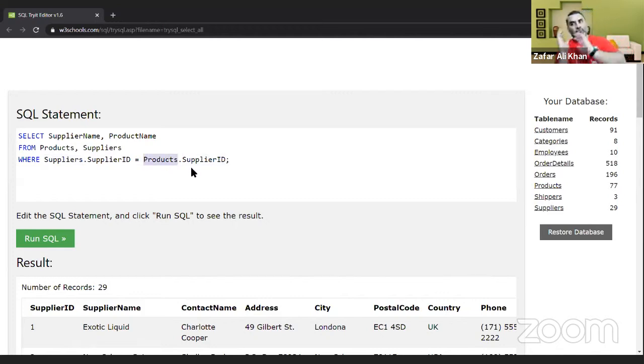You put products.supplier ID before and suppliers.supplier ID afterwards, it doesn't matter. So it might be where products.supplier ID is equal to suppliers.supplier ID. Remember, when we have different fields coming from different tables, we have to actually establish a connection between the two tables